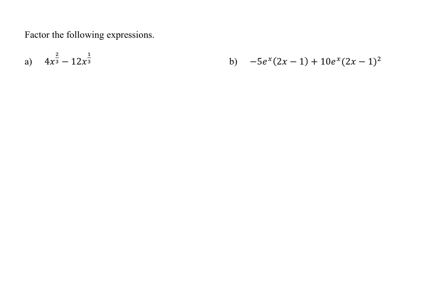Part A, 4x to the 2/3 power minus 12x to the 1/3 power. So we have two terms here, and our first order of business is to determine if there is a greatest common factor. So we'll start by just taking a look at the coefficients, 4 and 12. We know the greatest common factor between 4 and 12 is just 4. But when we deal with x to the 2/3 and x to the 1/3, those fractional exponents can sometimes throw